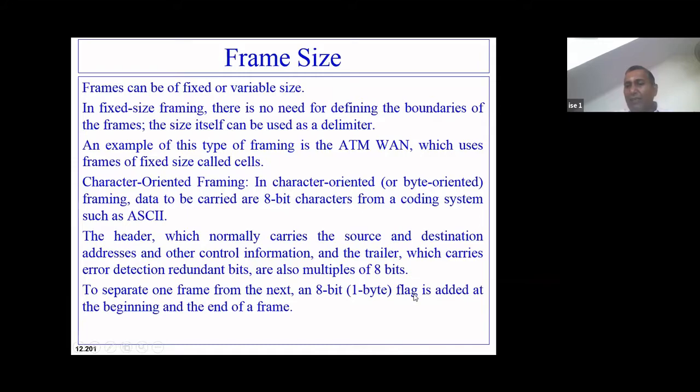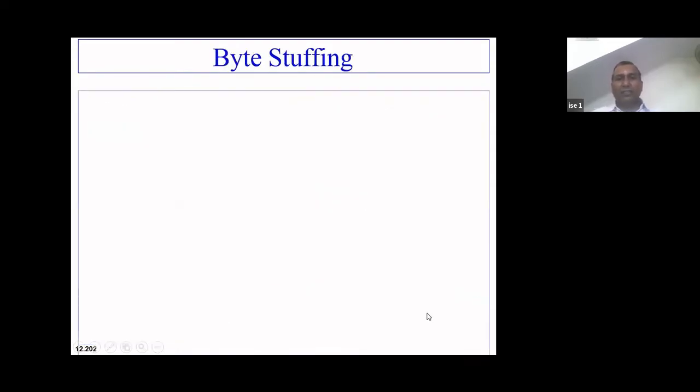The flag is a combination of 8 bits, a specific pattern of zeros and ones, which will be at the beginning and end of the frame. The flag is added at the beginning and end of the frame so that the receiving station will come to know that the frame has started, and at the end, that this flag indicates the end of the frame. And the flag will always have very specific bit patterns.